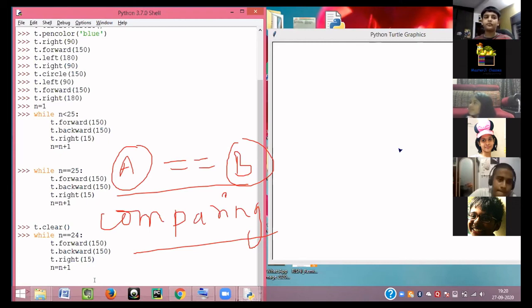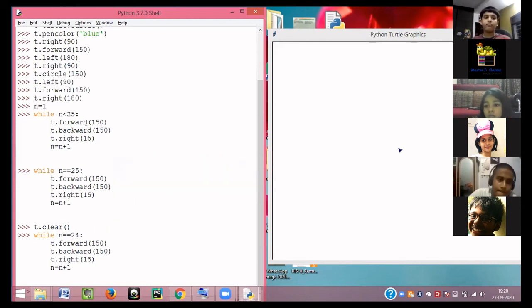Right now, Ishan, you asked while n equal to 24. Can you see over here that the value of n is 1? Now, the while loop says that only when n is equal to 24 is the moment when it will work. Other than that, it will not work. Therefore, we have to give the less than condition.